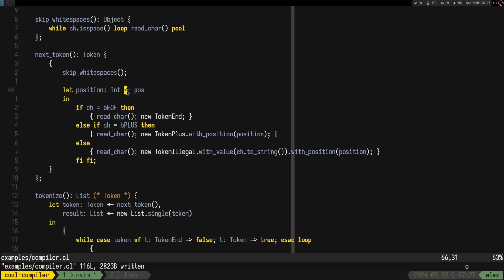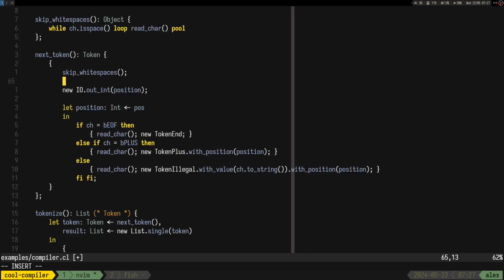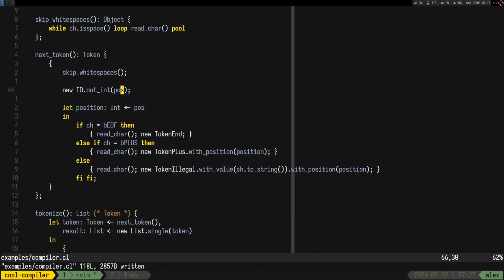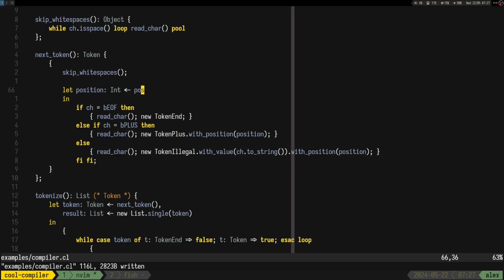Okay, let's see the position. New io.out int position, or I guess pos doesn't matter. Let's also do a new line because that was a flashbang basically. Okay, so the position increases way beyond the thing.